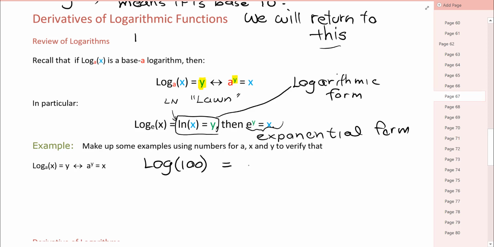Anybody? What is it? 2, right? And that's the same as 10 to the 2 equals 100. Right? So that's your logarithm, and the base wasn't written in there, but if it was,